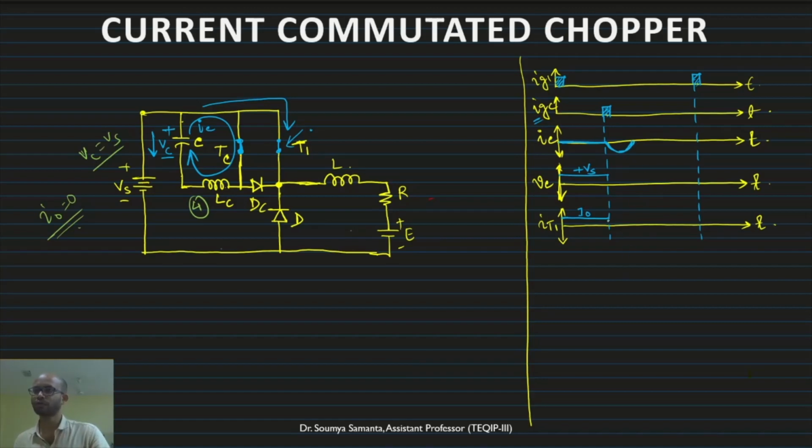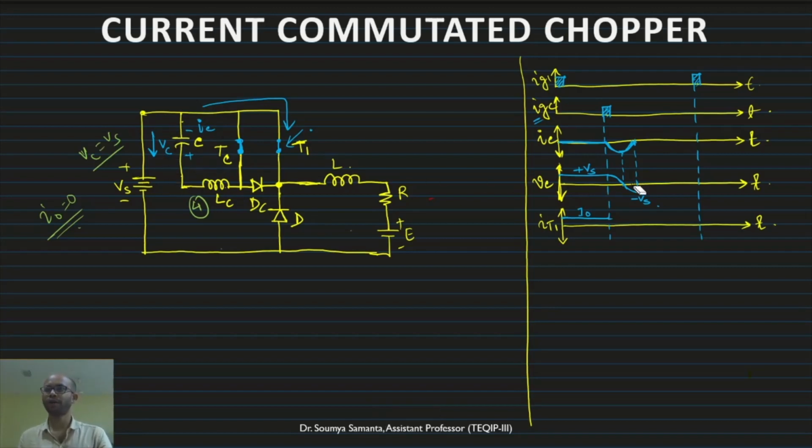When it goes to 0, that means from this positive Vs to, let me draw it here, this is the peak value. So here it will go to 0 and this is the position where it is going to 0. Here it will be minus Vs. This is minus Vs. So from positive Vs to negative Vs, after some time this will be plus, this will be minus, this polarity will be reversed.